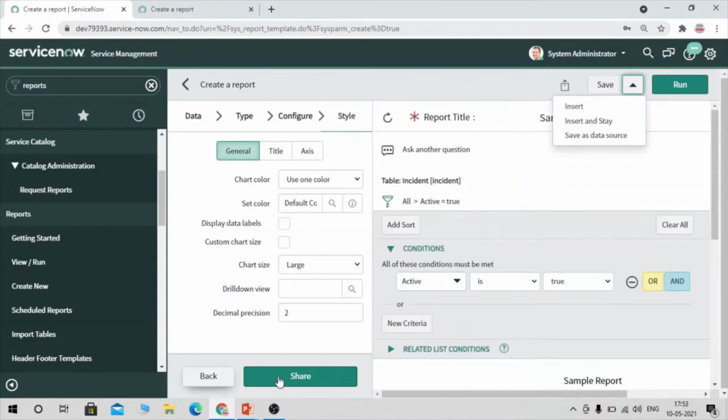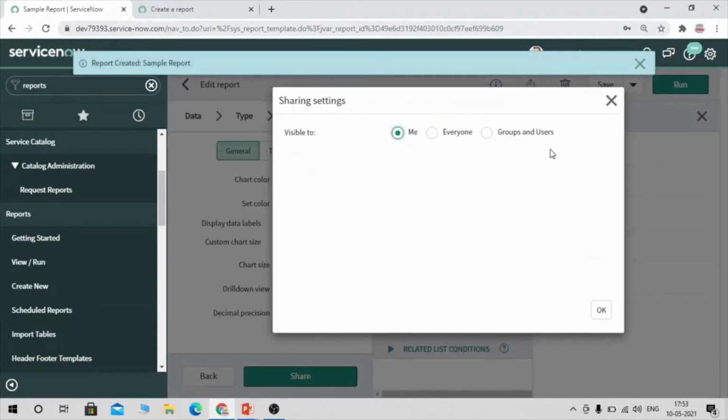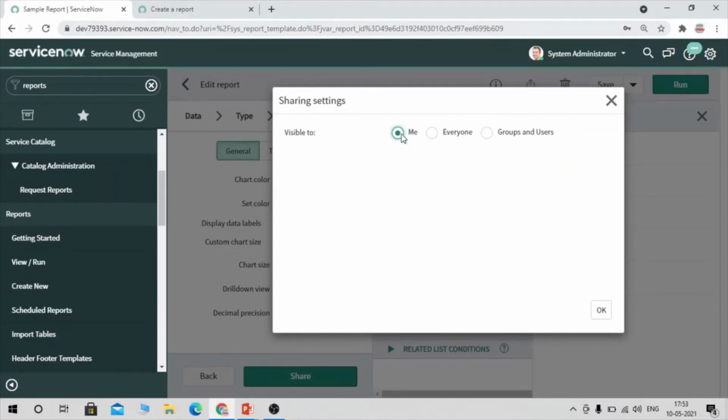Let's come here and try to understand this option. You can share this report also. So save and continue. We have the option for visibility. Once you select the sharing setting, once you select the share option, you can see visible to only me, everyone, and you can provide your role also. And here you have groups or users. Once you click, you are able to add some groups and users as per your requirement. You can add users who would be able to see this report, and groups. Whoever is added into that group would be able to see this report.